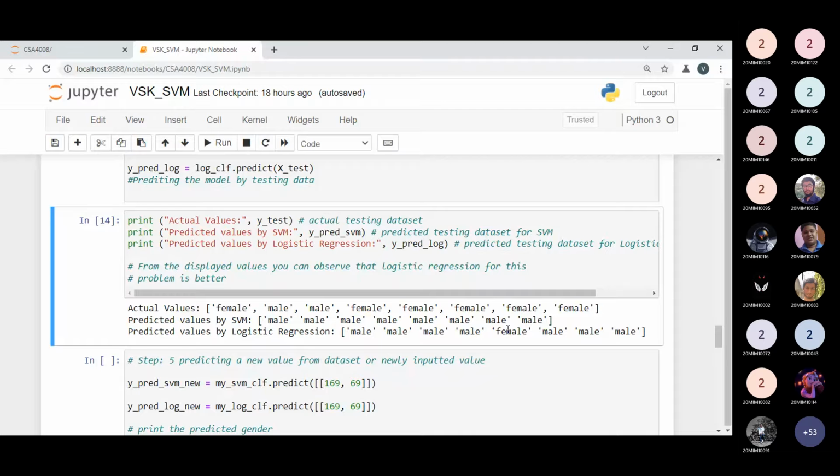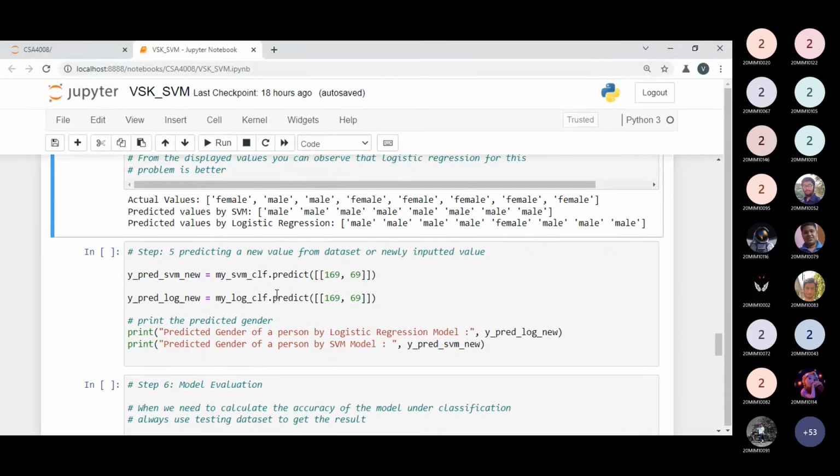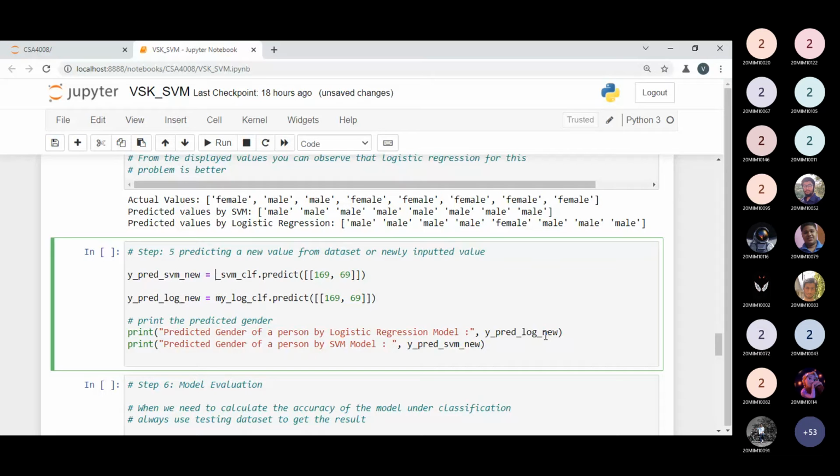A student asked me a question: sir, before evaluating the model, which means determining the performance of the model, if I insert new height and weight data, can we predict the gender of the person? I told him, yes, it is possible. With the help of the support vector machine classifier object, I need to predict for a person whose height is 180 and whose weight is 90.